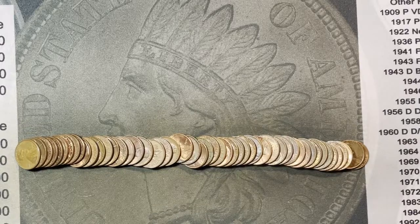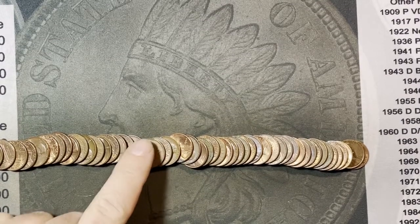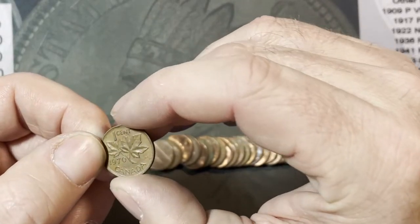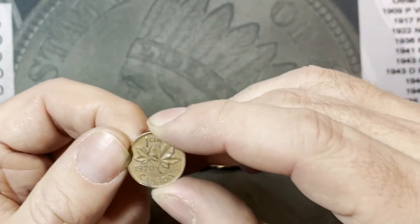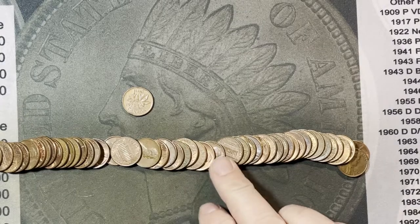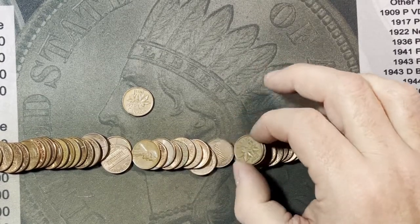All right, roll 23, and we got multiple Canadians in here, so I thought I'd bring you in, and let's see what we got. So there's the first one. It's facing towards us. It is a 1970 of 98% pure copper goodness from my friends in Canada. So very nice, 1970. And let's take a peek at the second one. I know there's a second one in here somewhere. I saw it. And right there is a